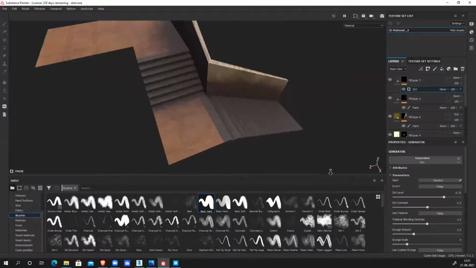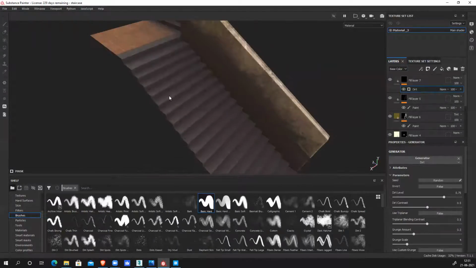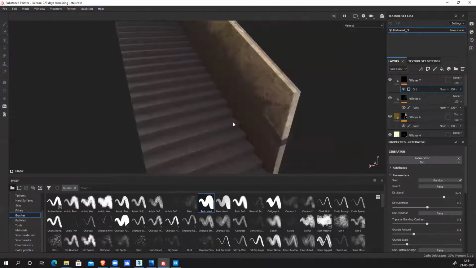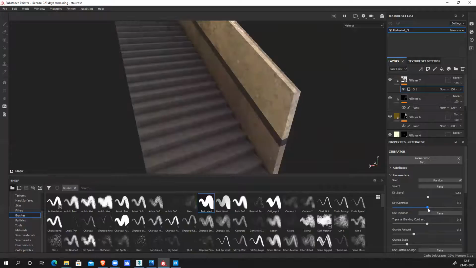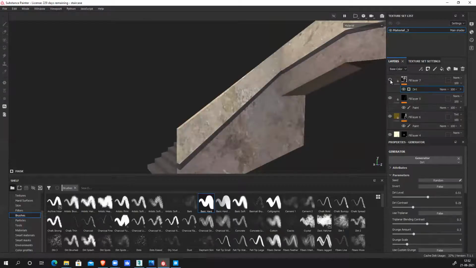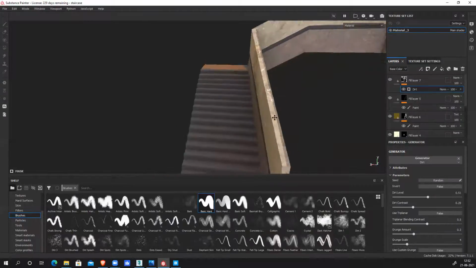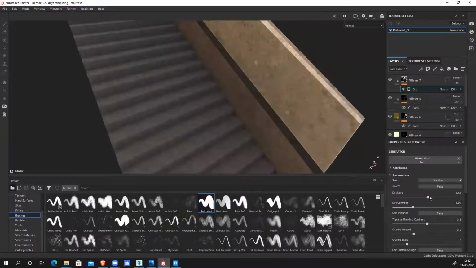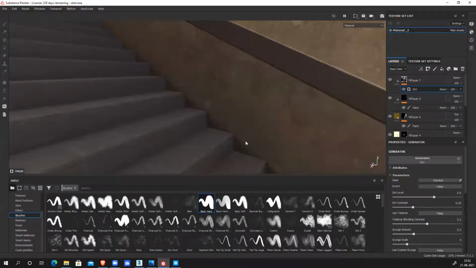But this dirt, you can see it's too much, and plus it's a solid color. So it cannot be a solid color because solid color means there's no texture. So first I'll reduce the dirt level. I reduce it so I can see the separation clearly. And now, if I increase it slightly extra, still you can see it's generating a solid flat color.